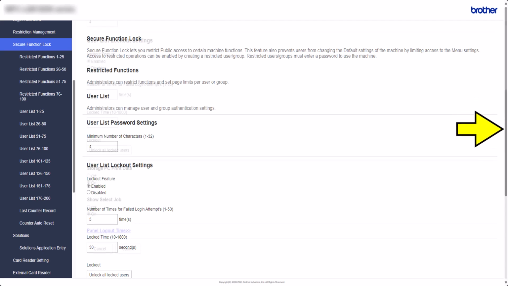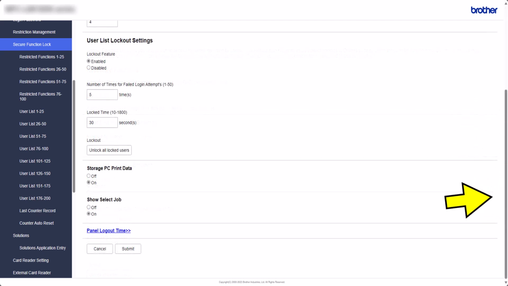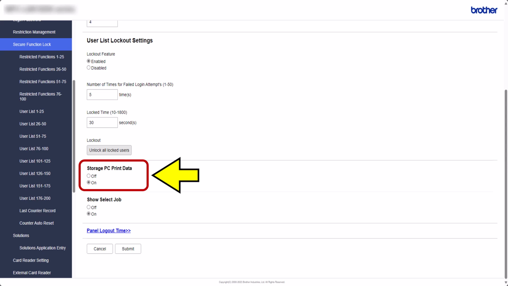Scroll down the page. This is where you can unlock all users if the login is locked out. If you want the users to authenticate at the device before printing, select On here. This will then store their jobs in the temporary memory known as the RAM, unless you have set to store to a USB flash drive. If you select Off, the print job will print straight away and no authentication at the